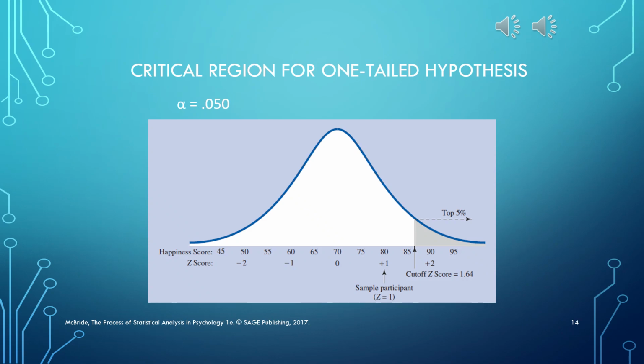If we find a mean or a z-score that is at least 1.64 standard deviations above the original distribution's mean,